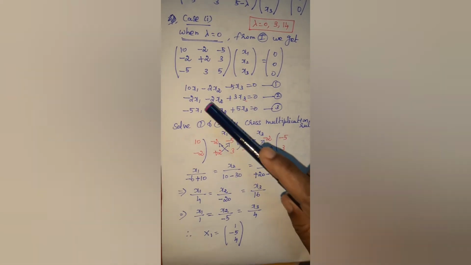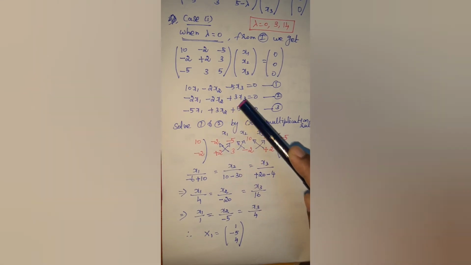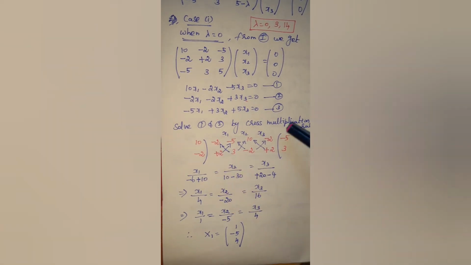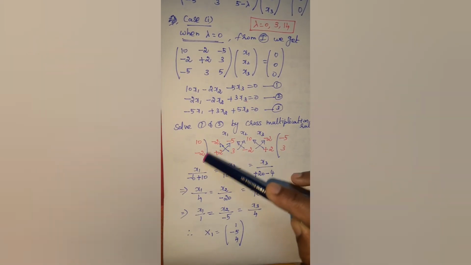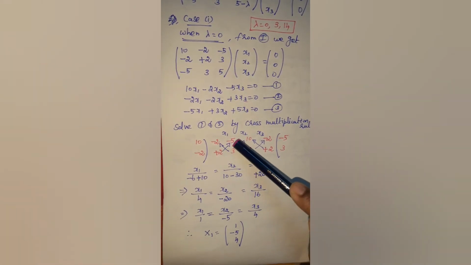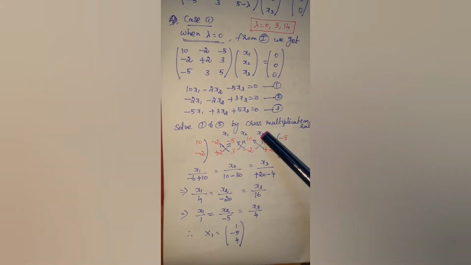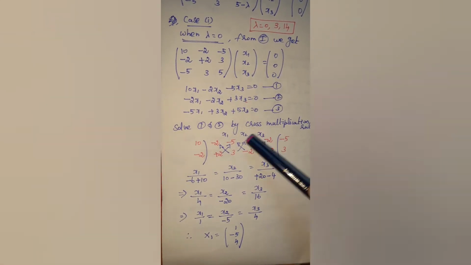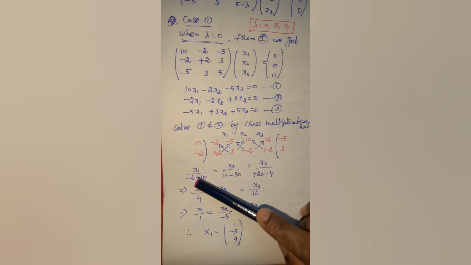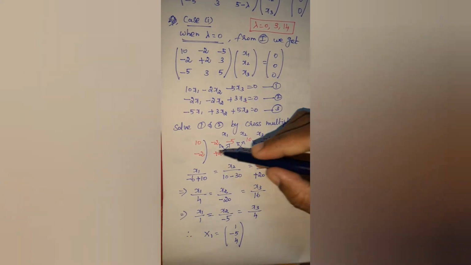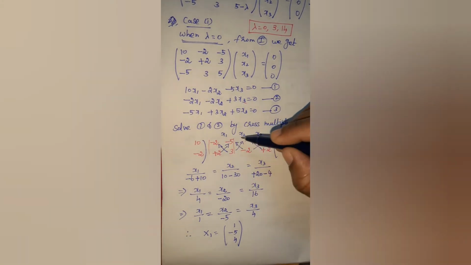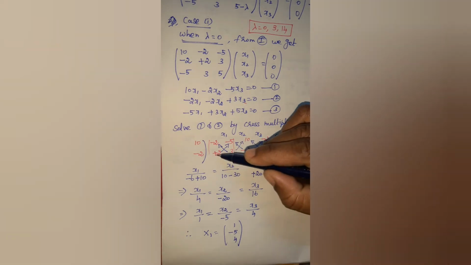Similarly take the second equation, minus 2, 2, 3, and once again you write minus 2, 2, 3, right? Leave the first column and the last column. So I put the symbol. Leave the first column and last column. The remaining elements in between, you write x1, x2, x3. Then you directly find the values of x1, x2, x3. Now x1 by, you take the first and the second column as a determinant, x1 by determinant of minus 2, minus 5, 2, 3.